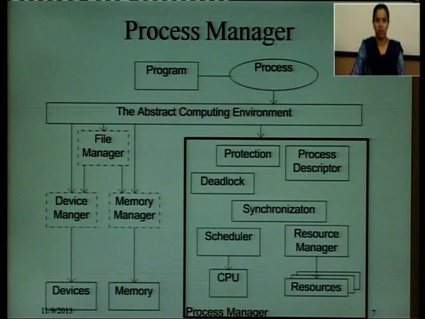So, here you see the process manager. It is diagrammatically showing what programs have to be executed. First there is one program, it is converted into a process, it is assumed as a process. Here you see in the diagram, this program becomes the process, and this process goes to the abstract computing environment. This computing environment includes our computer system, our CPU, which has the protection, means security features, process description, means what type of